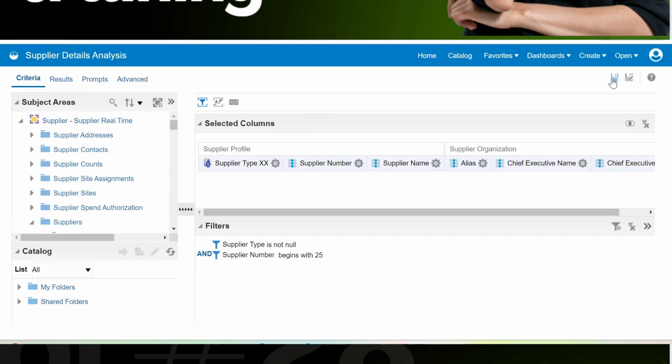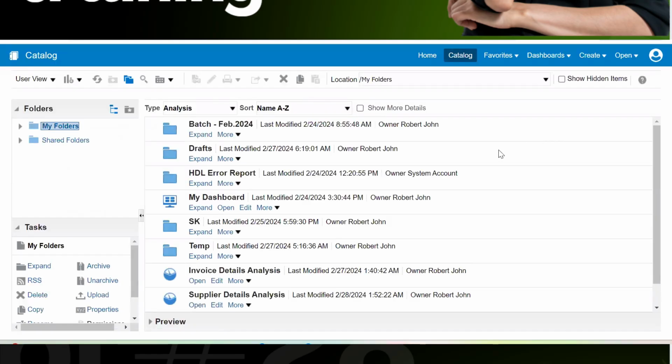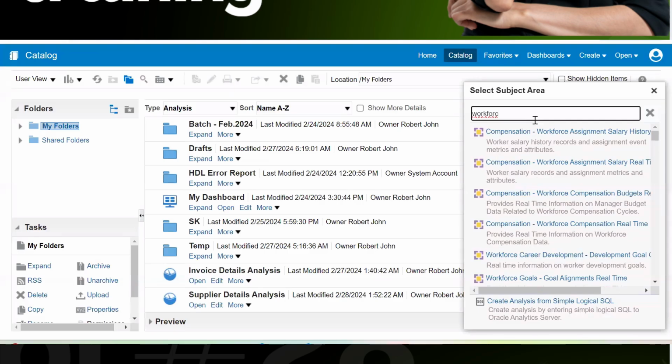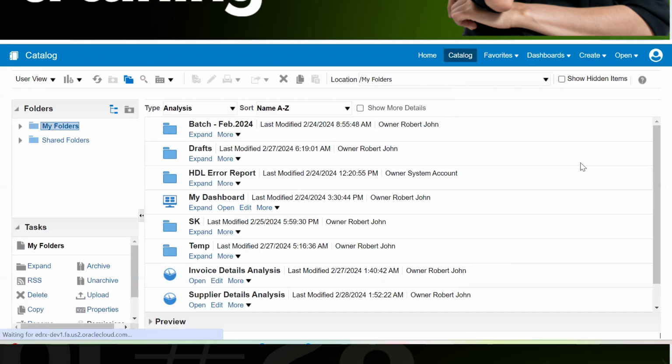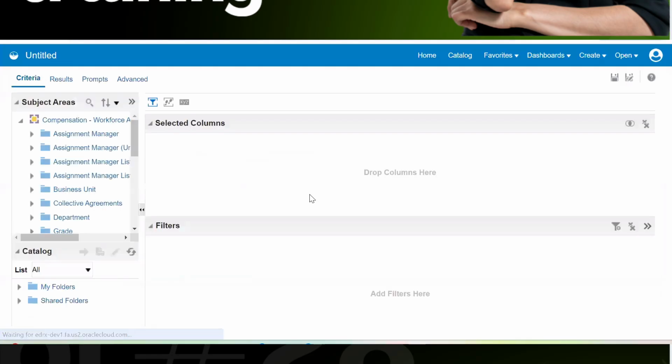Let's create a new analysis. Let's go to catalog and create a new analysis. Compensation, workforce assignment, salary, real time. We want to create an analysis based on compensation. What will be the salary and all? Mostly that will be displayed.